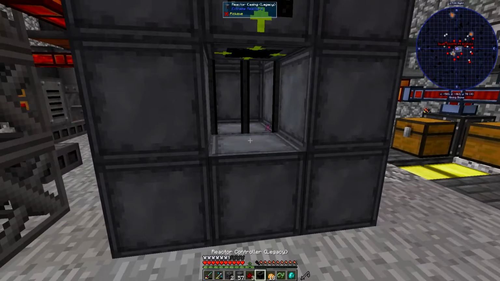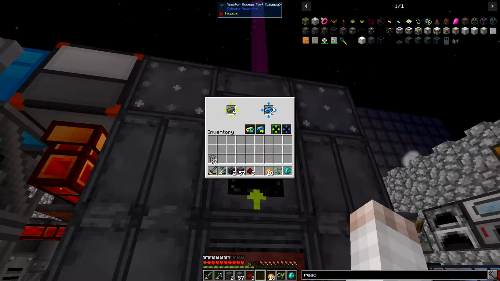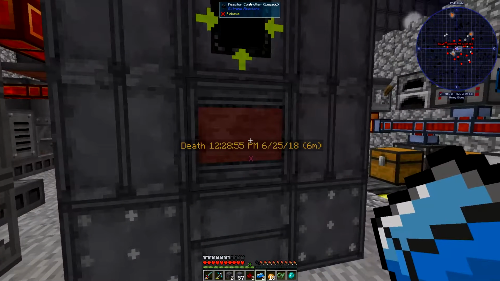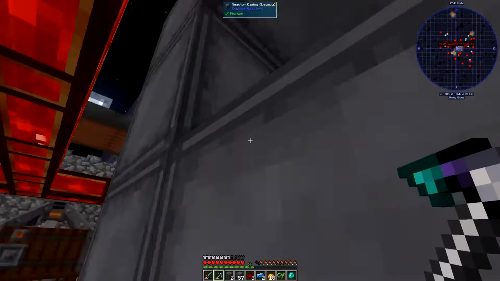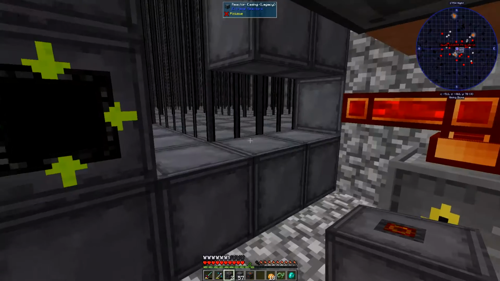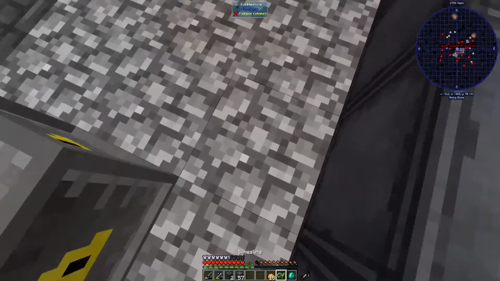Oh, before I do that, I guess I should probably just take all of the fuel out as well. No sense in wasting it, right? And we're definitely going to need to grab our power tap. Put our power tap right here, and then I think the redstone we're going to put